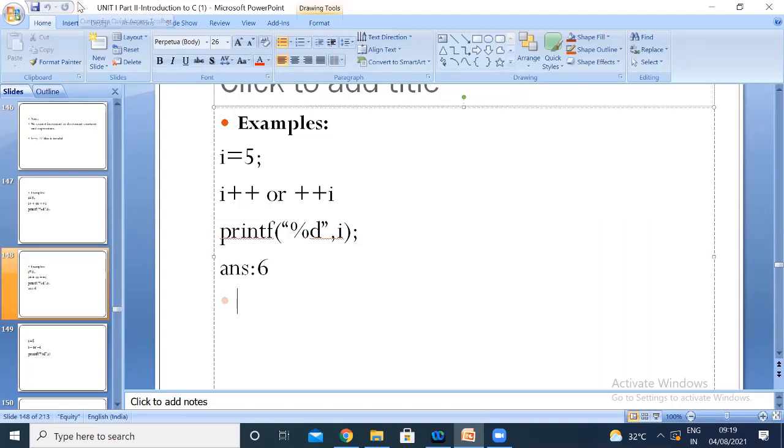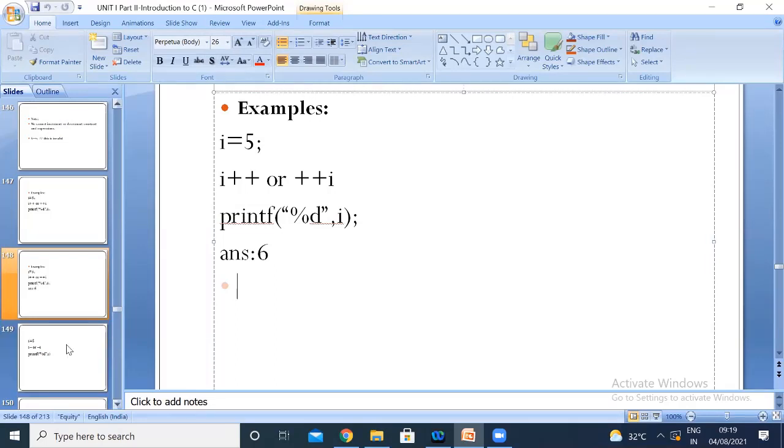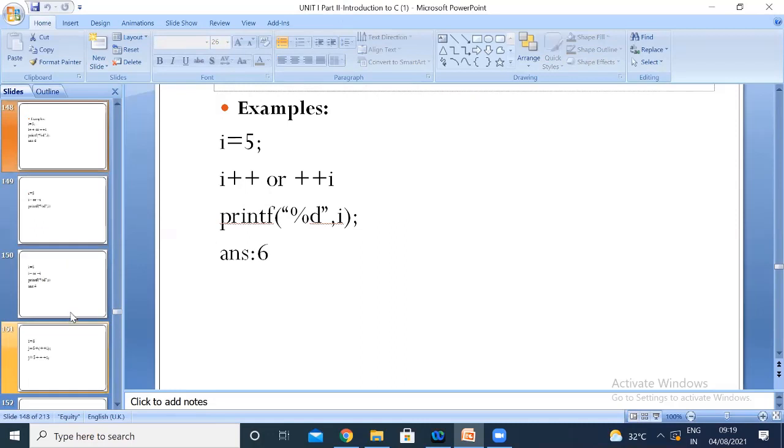So if you do plus plus I or I plus plus, both give the value 6. If it is I minus minus or minus minus I, what will be the value? 4. Good.